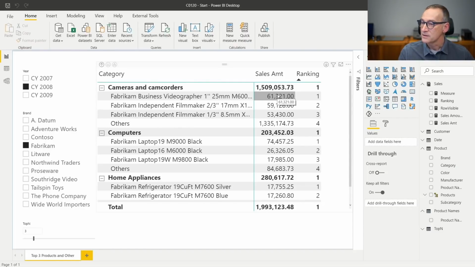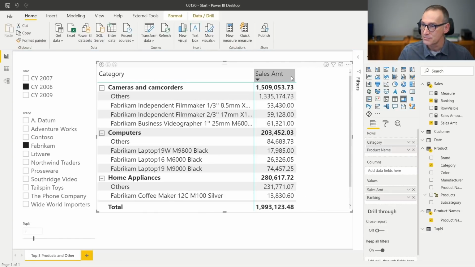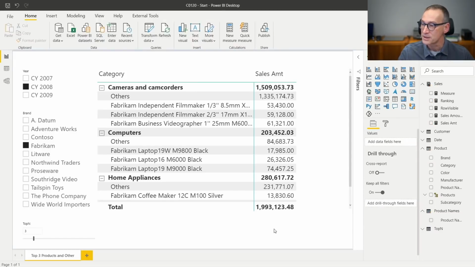I have data sorted the right way, and it is being sorted by ranking. The last detail is that seeing a ranking here in the report is not really cool because I'm showing a column that is there only for the purpose of sorting data, but it's not really needed. This is not a big deal because I need the column in order to sort the data correctly, but I can simply go here and reduce it so that it disappears.